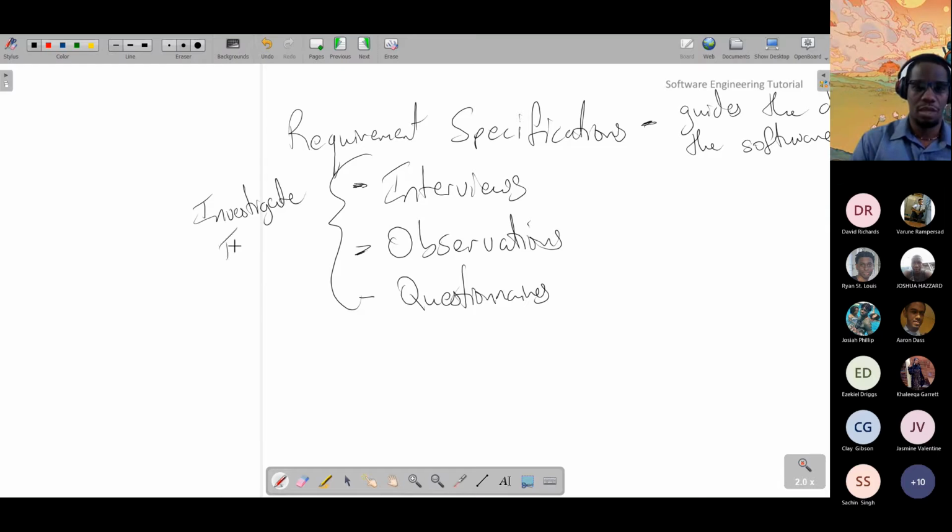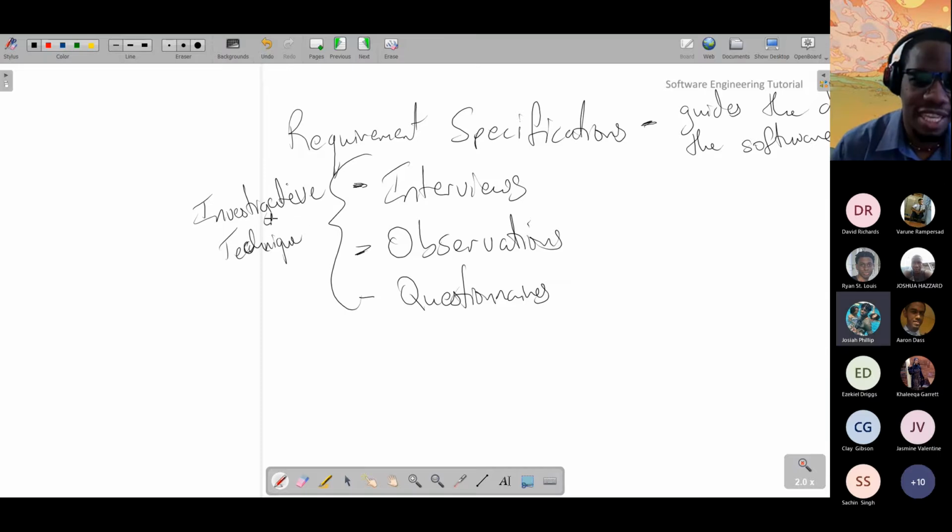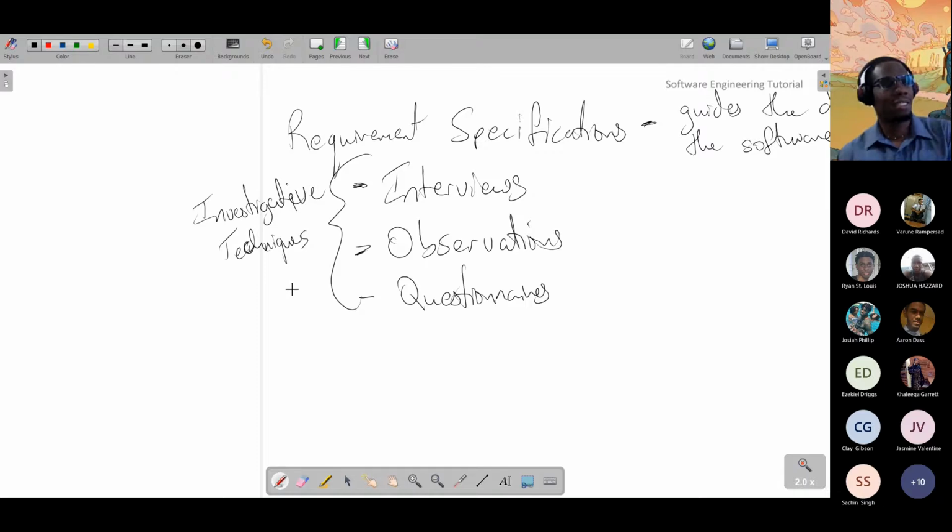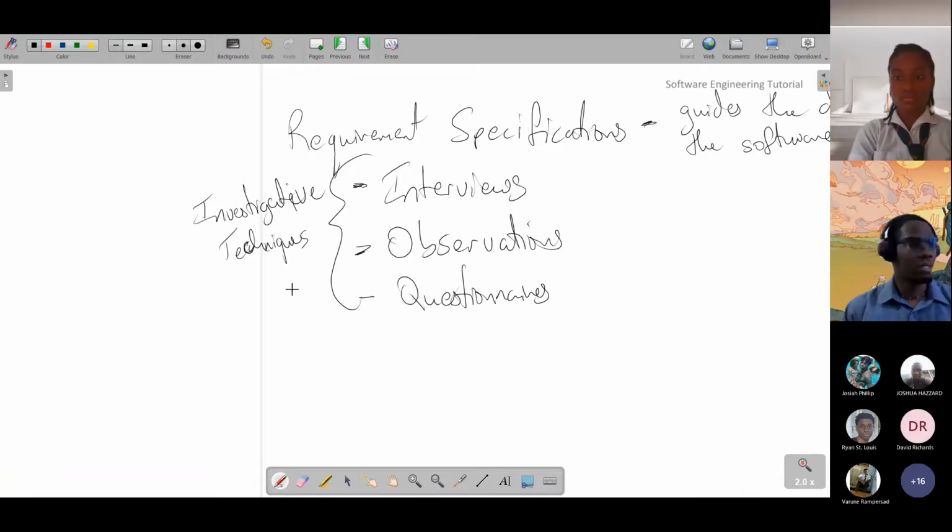So we use these investigative techniques to be able to gather the information from enough different areas to be able to say, eventually,